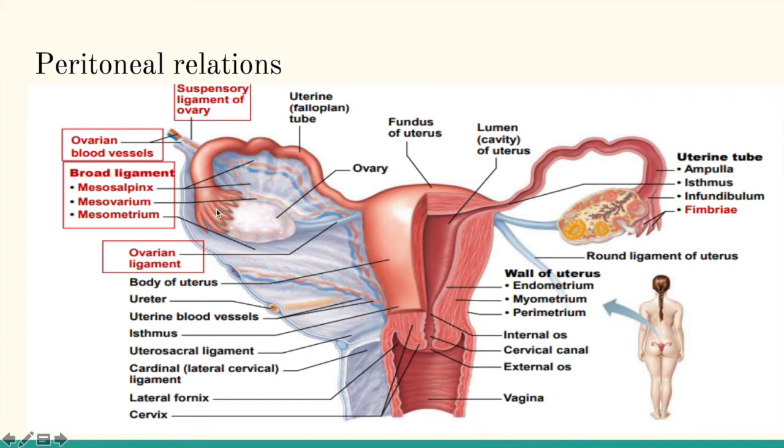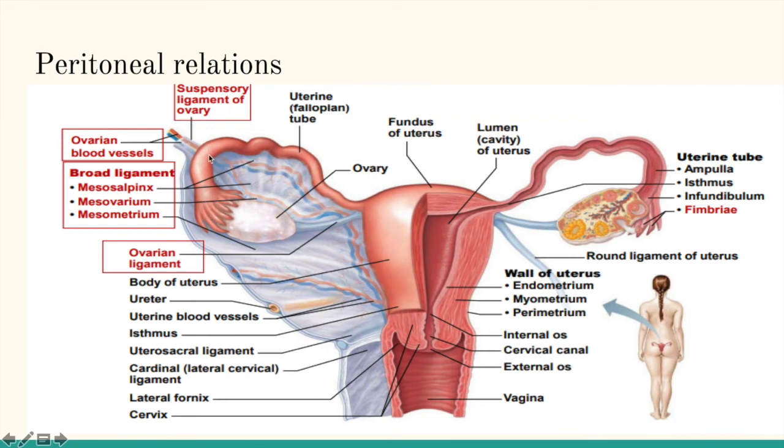This upper pole is also known as the tubal pole, which is related to the fallopian tube, and this lower pole is known as the uterine pole, which is related to the uterus here. The part of the broad ligament which is seen between the upper pole and the infundibulum, the infundibulum part having a fimbria,